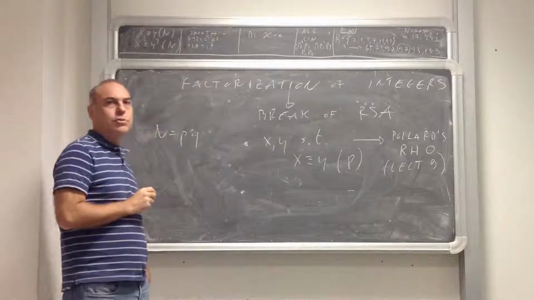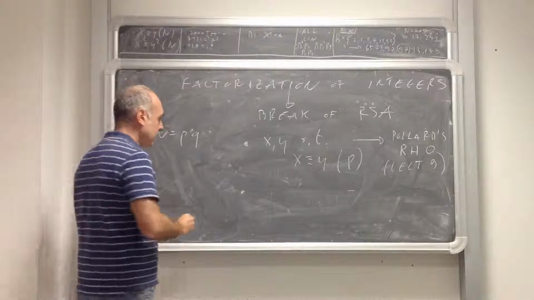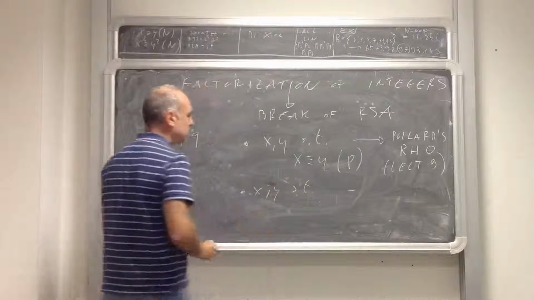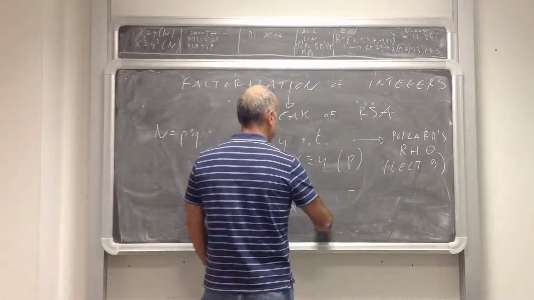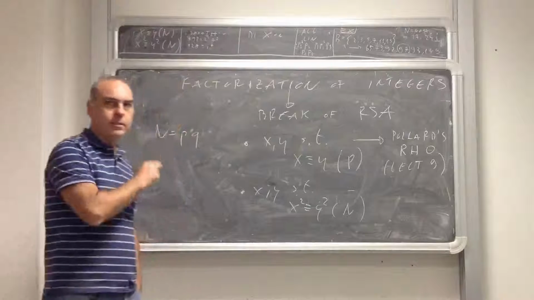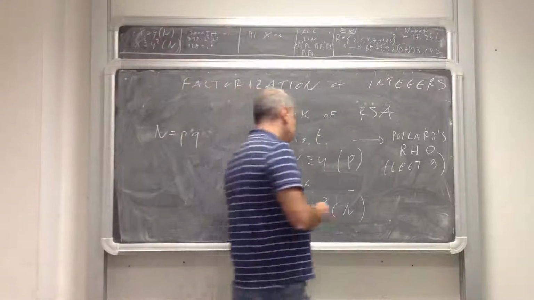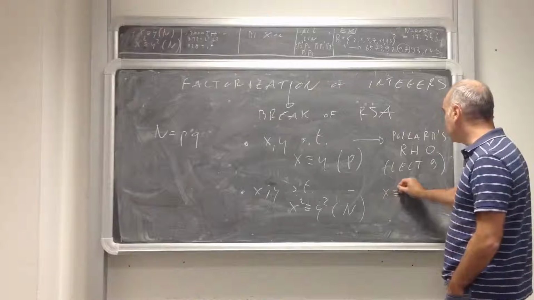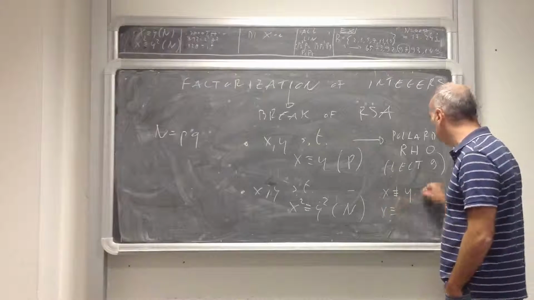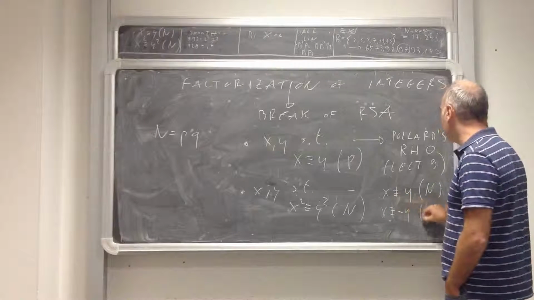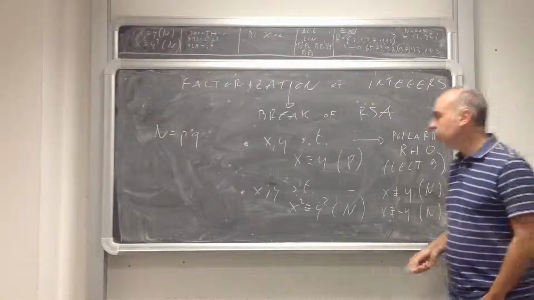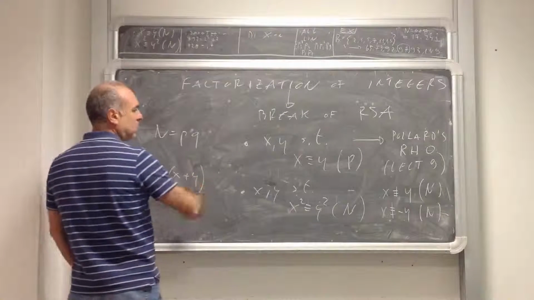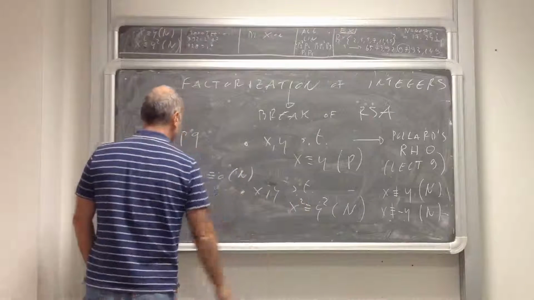The other strategy is due to Fermat, so it's a very old strategy. And we need to find x and y such that x squared is congruent to y squared modulo n, where n is the composite number. Now, what we need here is that x is not congruent to y modulo n, and that x is not congruent to minus y modulo n. In this situation, we have a decomposition,